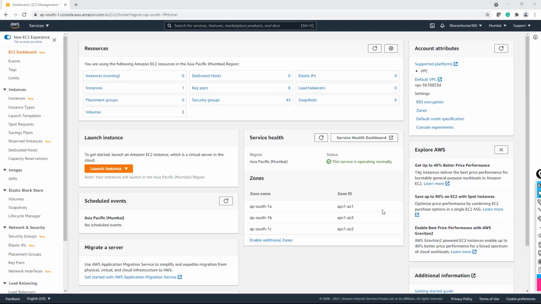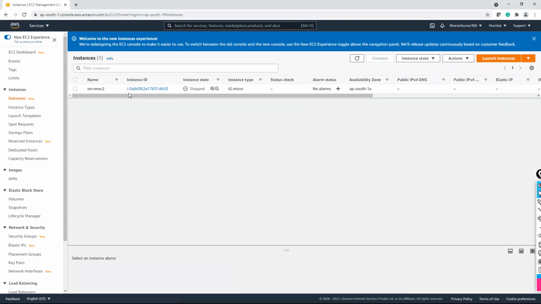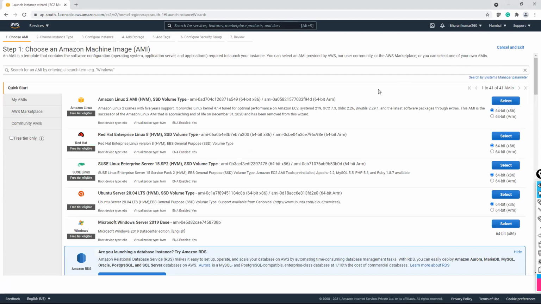Okay, guys, let's start. In last class, we have been talking about EC2 instances. Right now, I have an instance, but I don't have key pair for this instance to connect with. So let me launch one more instance. And any doubts in this launching instance?